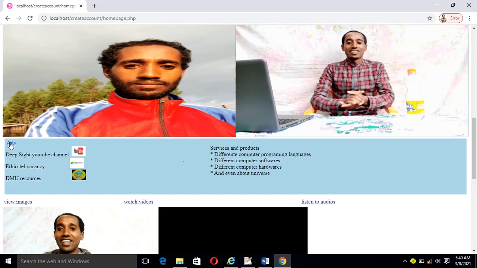So if I click this, if there is advertisement stored on the database, that advertisement will be retrieved and shown for me. But for the time being, there is no advertisement, only the link is put here. So by default, the link is underlined and the color is blue.